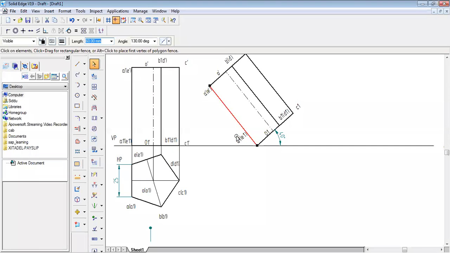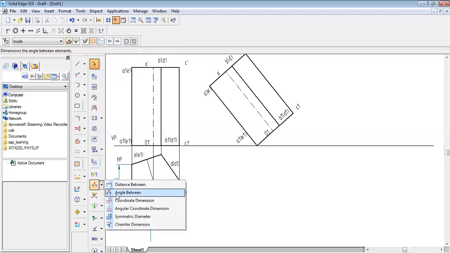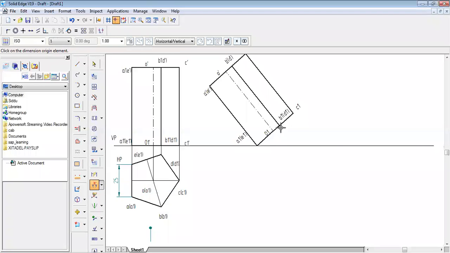So if this is 40 degrees, we know that if you convert it to the base, it is going to be 50, right? So 40, 50, 90. Either you do it this way, or in this angle it is supposed to be 50, friends. So this way it is 40, or if you convert that into the base, it is going to be 50, right? So for example, I'll just show you the angle between.